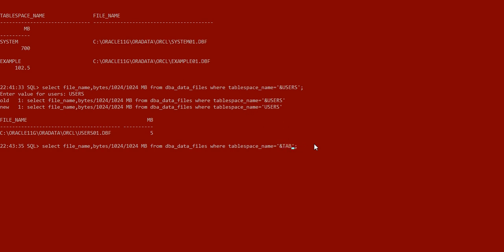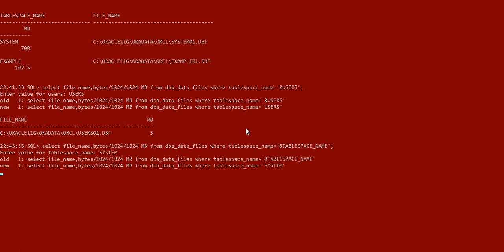Basically here we need to use a tablespace name. It will give you a better idea. Here it is asking for the tablespace name. Here I have put the system tablespace name. So you can use the same query again and again to find out different results. No need to type the query again and again with the tablespace name there. Just put an ampersand sign in the value. It will work dynamically.